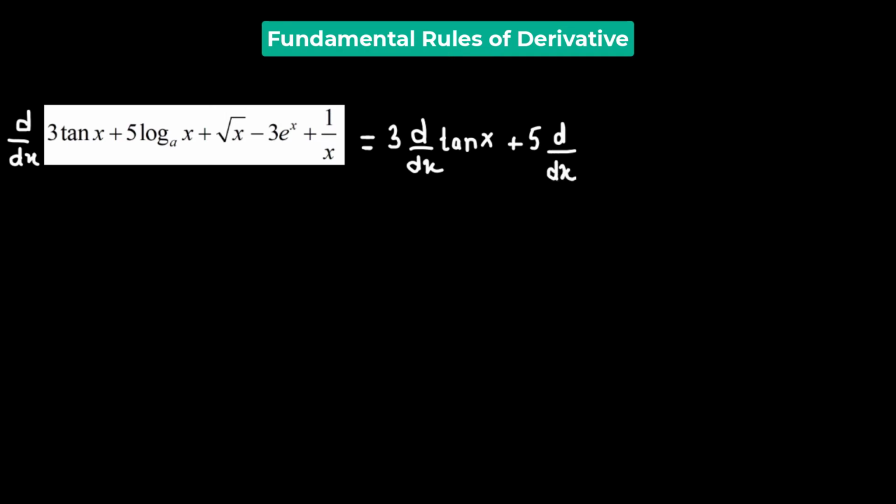So we have d over dx of log of x with base a, plus d over dx of the square root of x, which can be rewritten as x raised to the power of half, minus 3 times d over dx of e raised to the power of x,